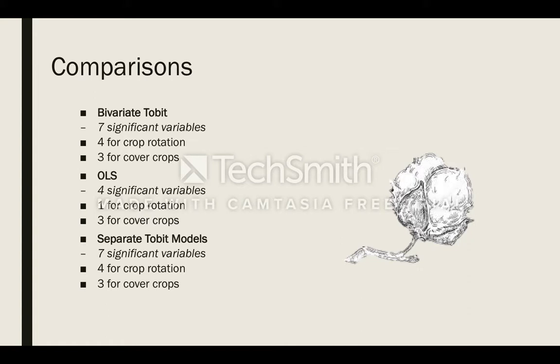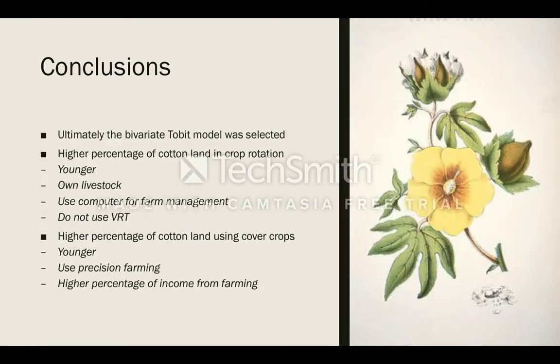Just a quick recap of everything. I ran 4 separate models: a bivariate Tobit, an OLS regression, and 2 separate Tobit models. The bivariate and the separate Tobits had very similar output with 7 significant variables each total, and the OLS had 4 significant variables. Since these are non-nested models, the goodness of fit values themselves aren't really meaningful, and I didn't include those here. In conclusion, I decided to write my paper on the bivariate Tobit model and its results, and